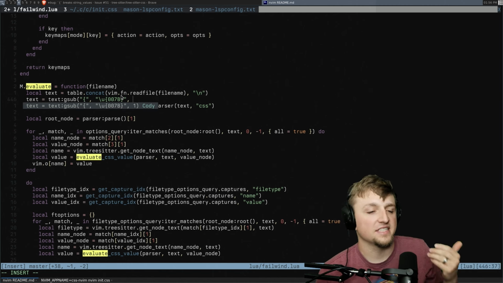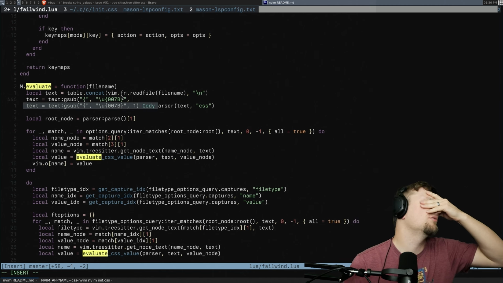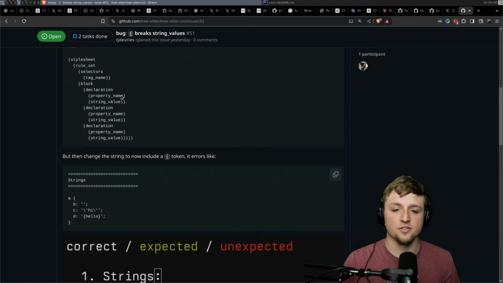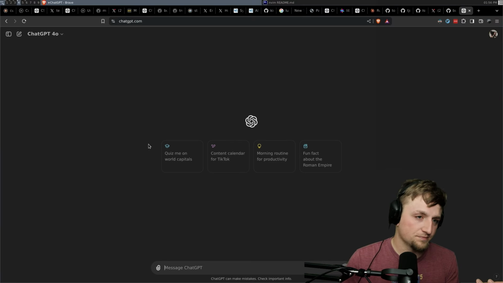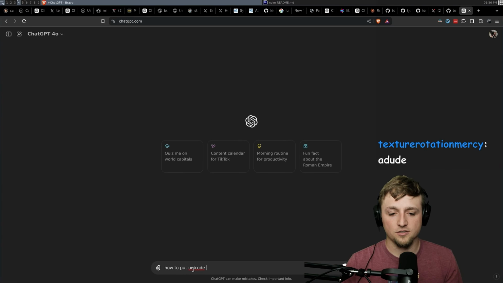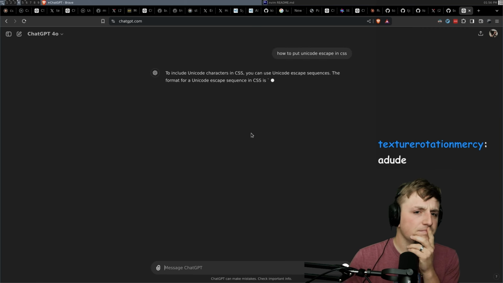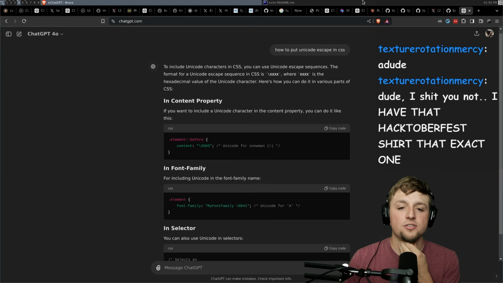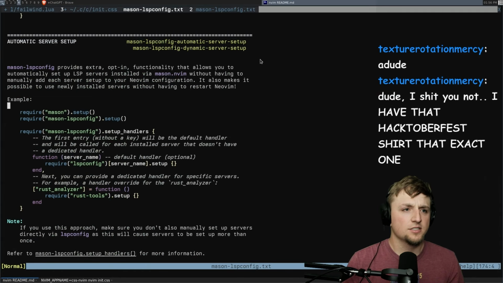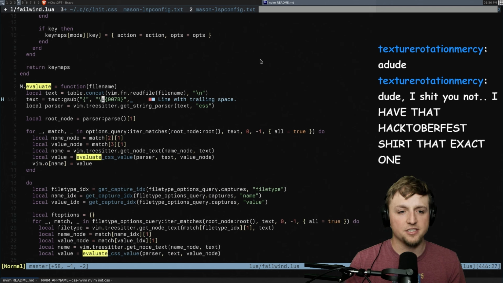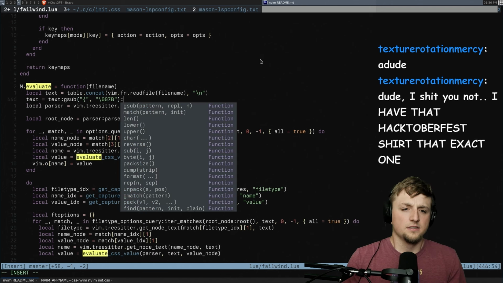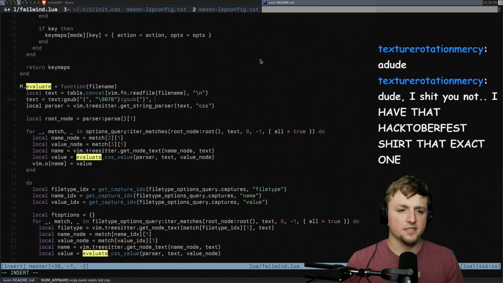Wait, but how do I do this inside of CSS? Oh. Can I do this inside of CSS? What do I do to put in a Unicode thing inside of CSS? Now I don't know how to put a Unicode escape in CSS. Okay, so I just do a backslash and then the thing, right? So if we do this and we just change this to here, gsub this with,